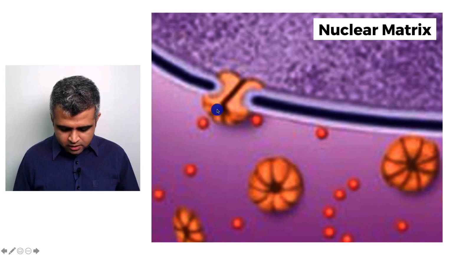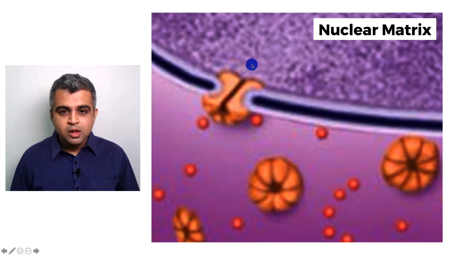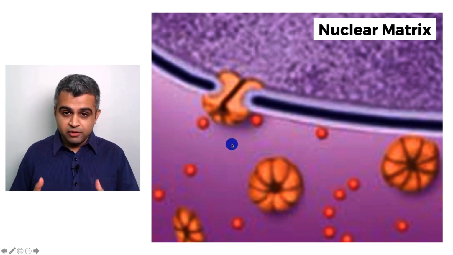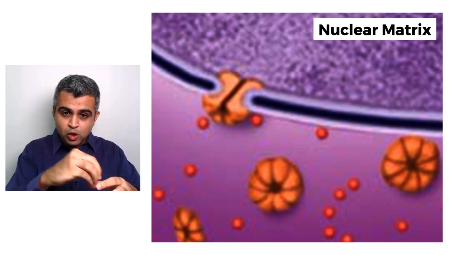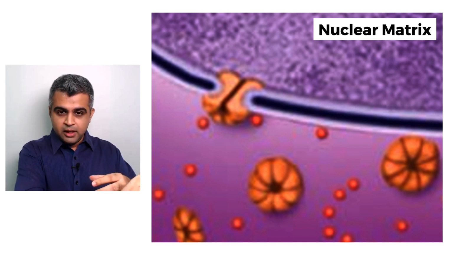In fact, you can see here we have actually cut right through a hole. So you can see that this is the outside part called cytoplasm. This is the inside part called the nucleoplasm, and things can go from here to here. So the nuclear envelope is the boundary which separates or differentiates the nucleoplasm from the cytoplasm. It will separate the nucleoplasm from the cytoplasm.